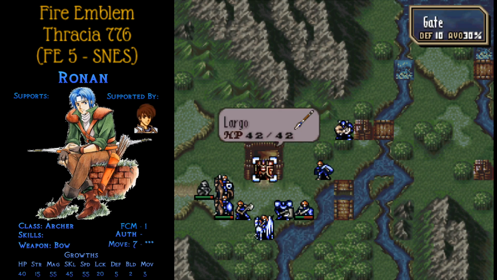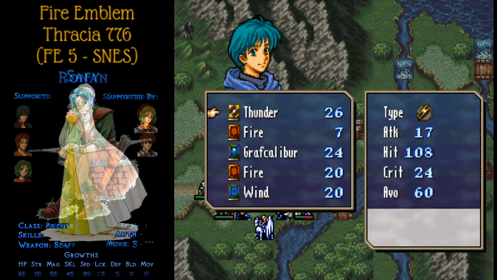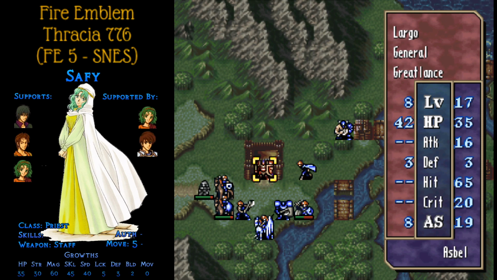Well, the gate also regens, so it's not so simple. It might be better with him not to have the bow, though, because our chip damage is going to be very reliant on mages. But there's criticals, right? So